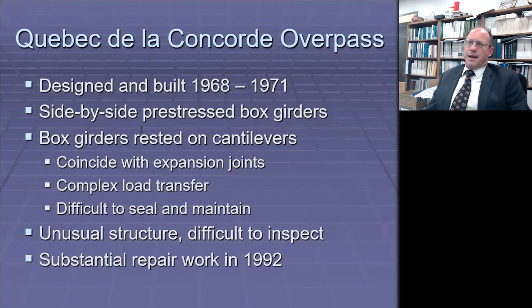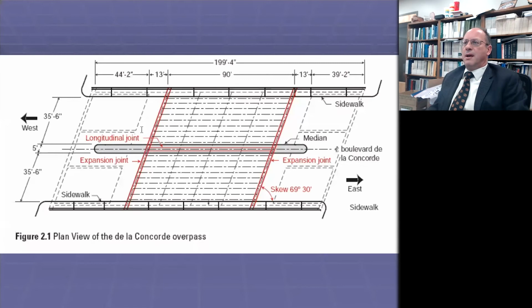And I don't know how many bridges of this type there were in the area. It seems like it was not a terribly common one. But what is kind of interesting is that there was a substantial repair project that took place in 1992. And it was possible that in the course of repairing the bridge at that time, they actually did some level of damage that played into the subsequent collapse.